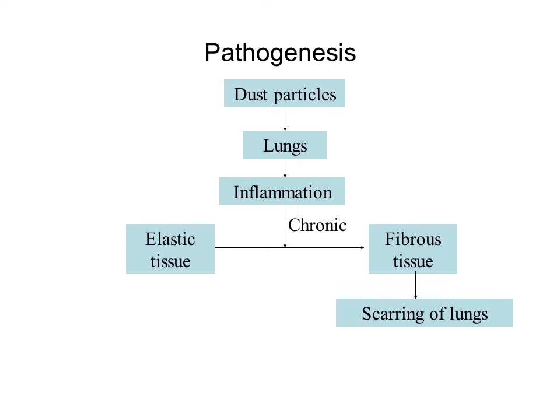The lung scar results in decrease in the vital capacity of the lung, thereby there is increased preponderance of restrictive lung disease, and this restrictive lung disease is later on associated with all the morbidities and mortalities that are associated with occupational lung disease or pneumoconiosis. Okay, is that clear?